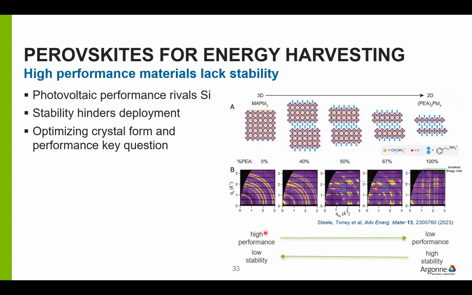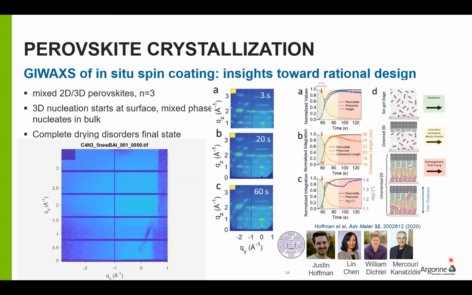And the important thing to note is the 3D material has the highest performance, but the lowest stability. And the 2D material has the worst performance, but the best stability. And so working with Mercury Kanatzidis's group and collaborating with Lin Chen, Justin, who was our user when he was a grad student and now is a beamline staff at 11-ID, was working on in